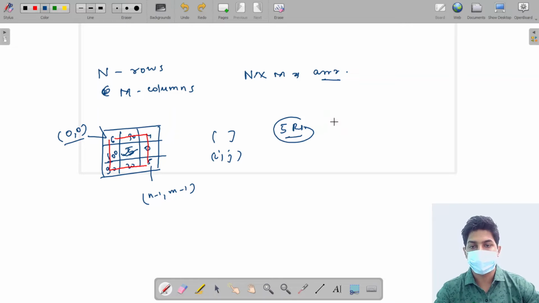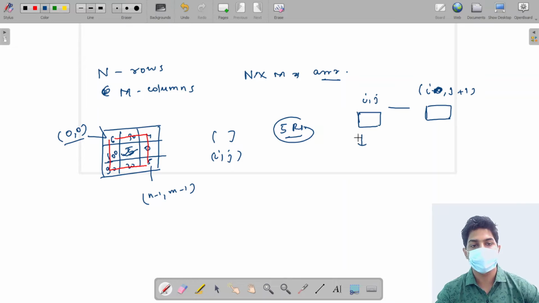Along with that, one more constraint is there: if we are on a particular cell i comma j, then we are allowed to move either one step in the horizontal direction, reaching cell i comma j plus 1, or one step in the vertical direction, reaching cell i plus 1 comma j. We are allowed to move only in these two directions. Then we have to tell the minimum cost path to reach from the topmost point to the bottommost point in the grid.